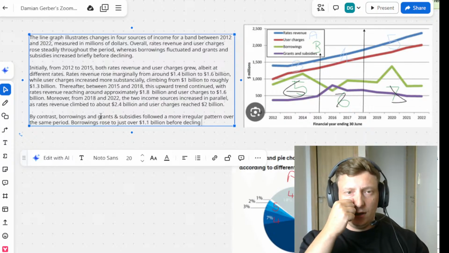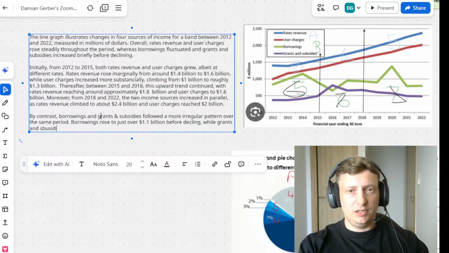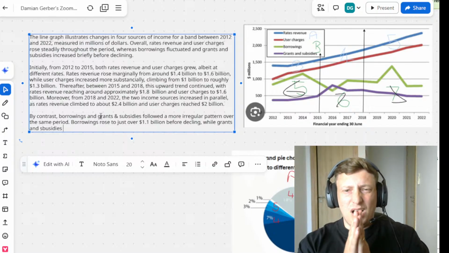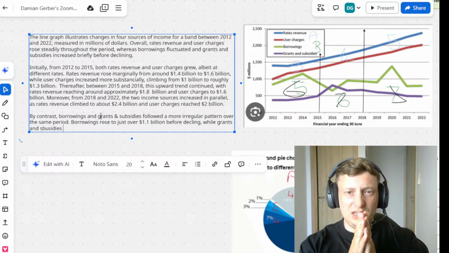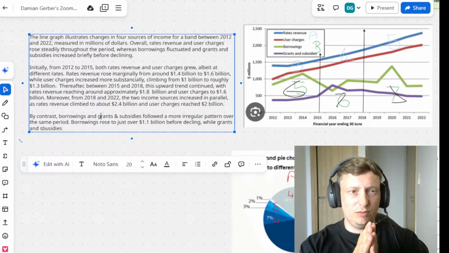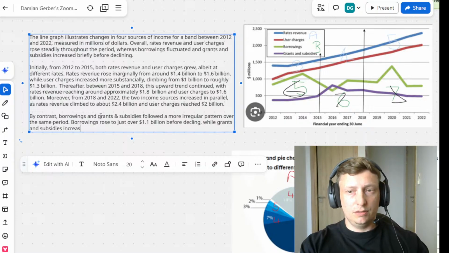And what is grants and subsidies doing here? While grants and subsidies marginally rose. How would we describe this? Modestly? Did we use marginally earlier? I think we did. Alright, let's go with moderate. Oh, beautiful spelling here, by the way. Hang on, let me go back and change that. Increased moderately. Modestly. Okay. Increased modestly